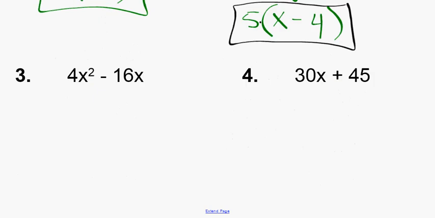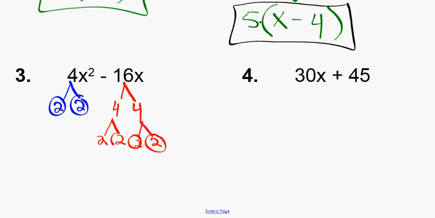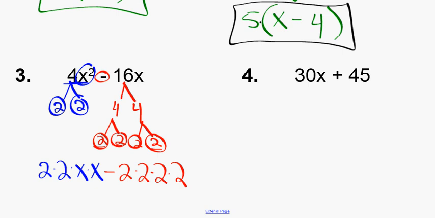So let's continue. Next, we have a 4. 4 can be factored by 2 times 2. And then we have a 16. Well, I know 16 is the same as 4 times 4. And then each of these can be factored into 2 times 2, where all these 2's are now prime. So remember, we need to write the factored form of 4x squared. So I have 2 times 2, and I'm going to break up that x squared, which is x times x. We are subtracting, and this is 4 2's. So I'm going to write 2 times 2 times 2 times 2, and there is an x at the end